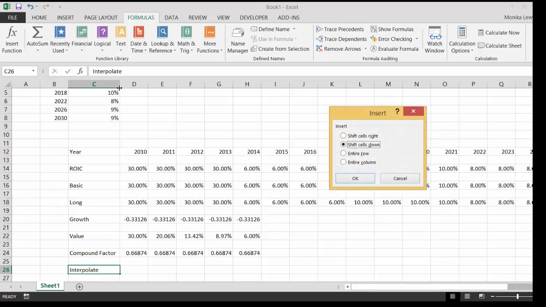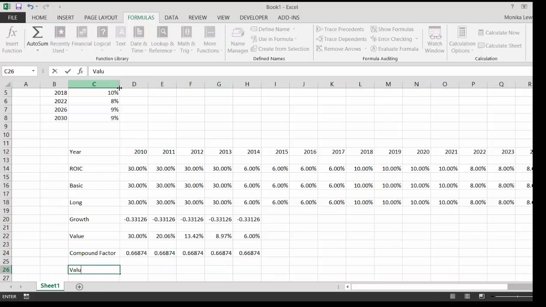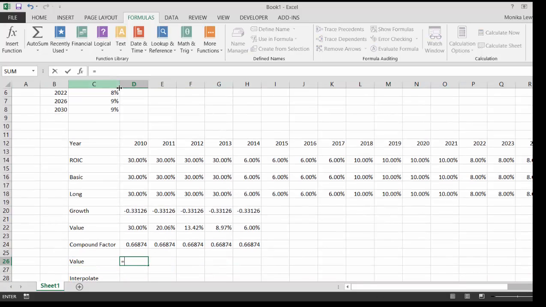And then, whoops, Shift Space Bar, Shift Control Plus, and then we put value. So we would just take this one, and in this case we would take this one times the compound value, okay. And this one, we could take this one times the compound value,